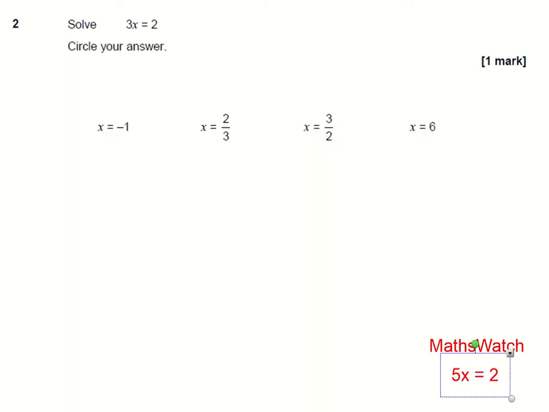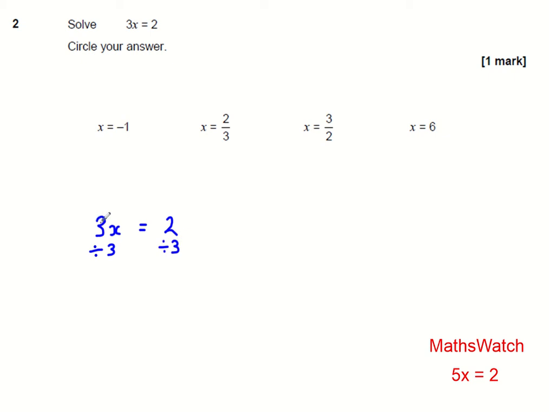Question 2. Solve 3x equals 2. 3x equals 2 means 3 multiplied by some number gives us an answer of 2. We can do a reverse calculation in order to work out the value of x. So the opposite of something being multiplied by 3 is dividing by 3. So we can divide both sides by 3. So if we start with 3x equals 2, we can divide both sides by 3,